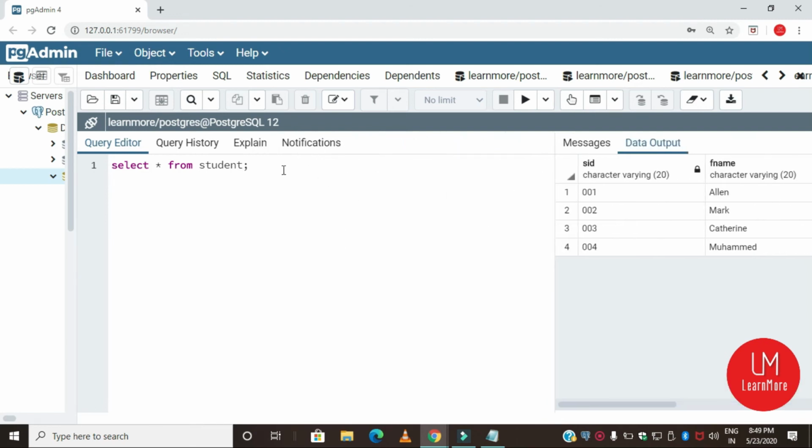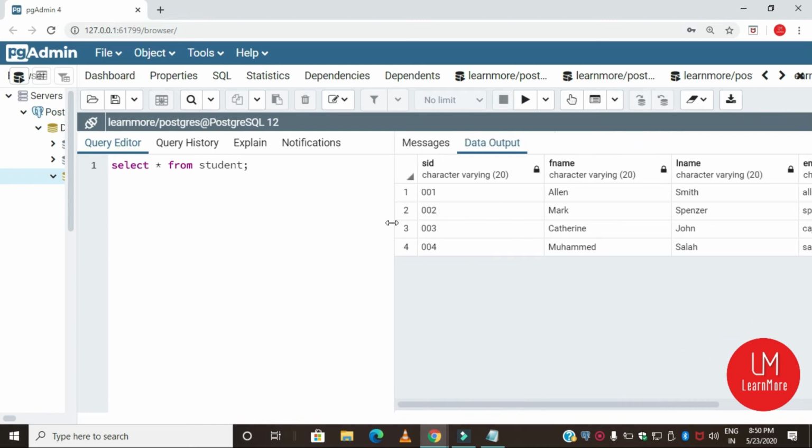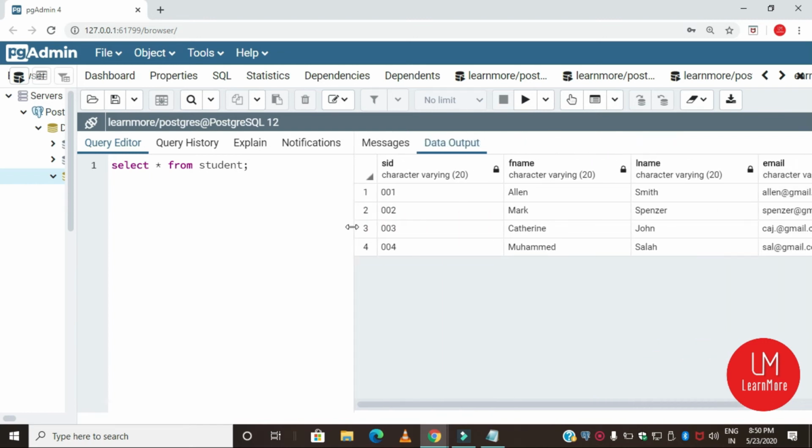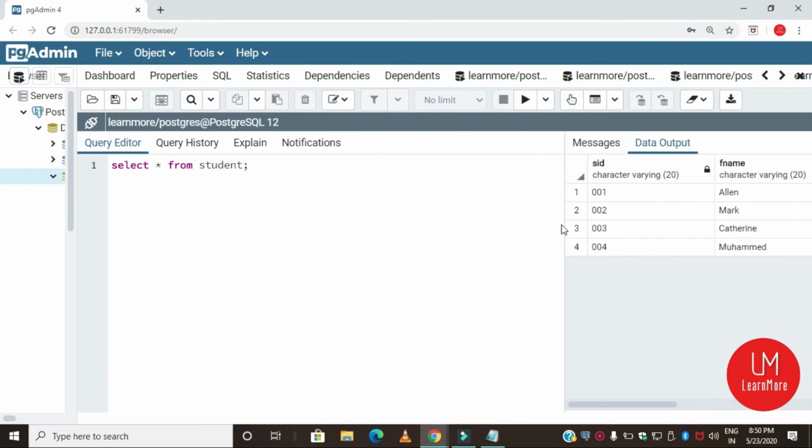Okay, then I'm going to apply some conditions in the select statement. I want to display the first name of a person whose ID is 003.